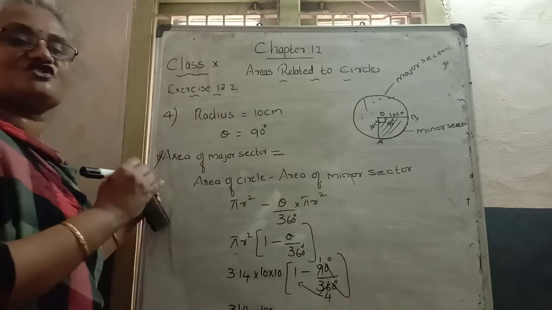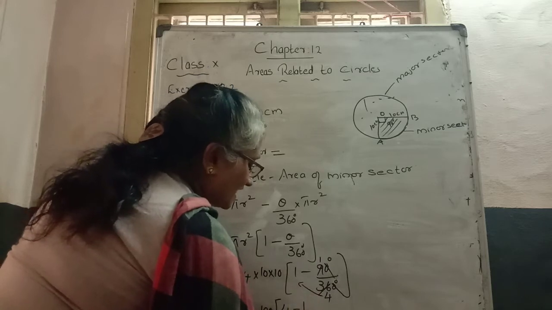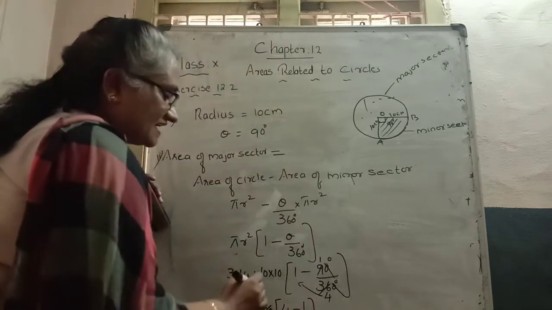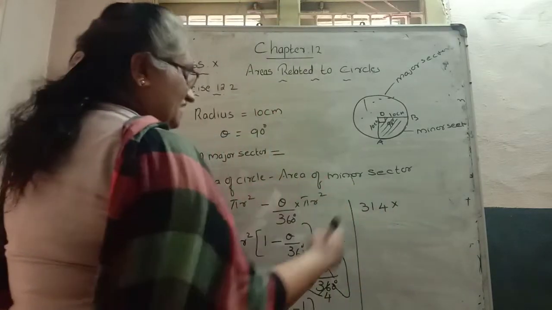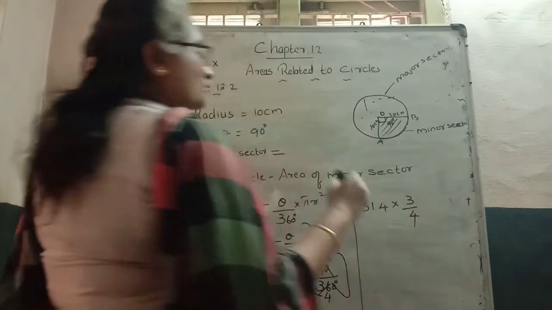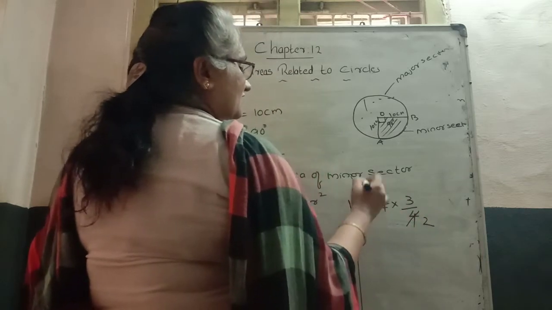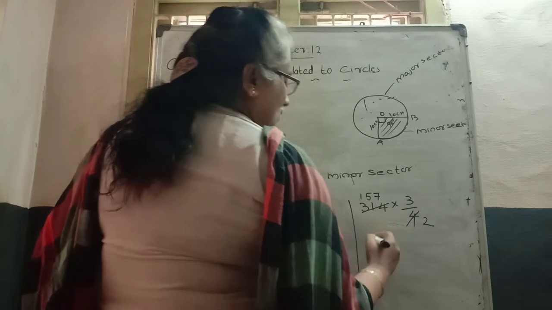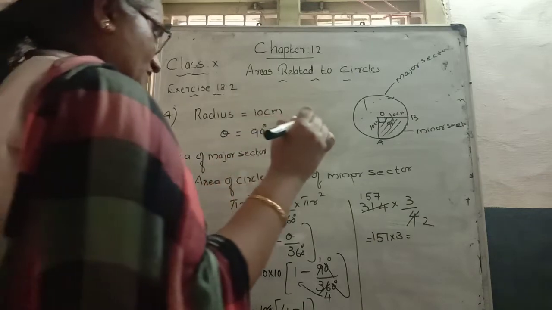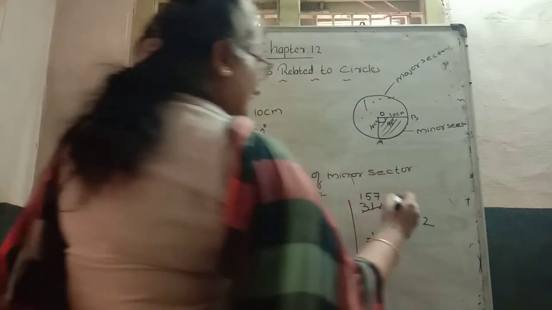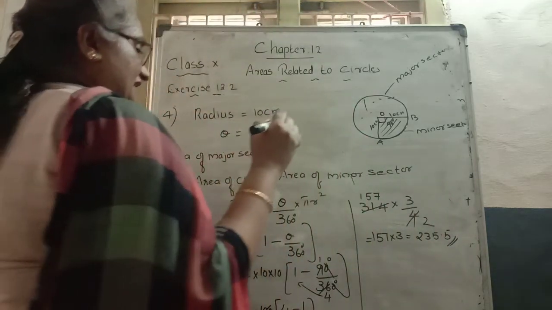10 into 10 becomes how much? 100. Then cross multiply: 4 into 1 is 4, minus numerator part 1, by denominator 4. 100 and 100 cancel. So how much remains? 314 into 4 minus 1 comes to be 3, by denominator 4. You cancel 2 table, 2 times, 2 table 3 1 time, 11 means 5. So how much do we get? 157 into 3. How much will come there? 235.5 is the answer. That is our second part answer.